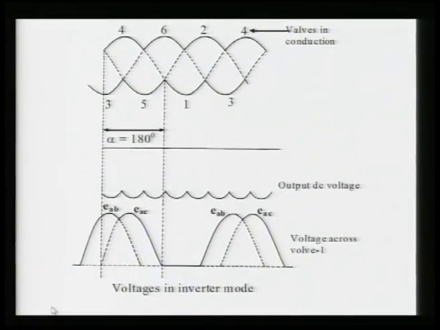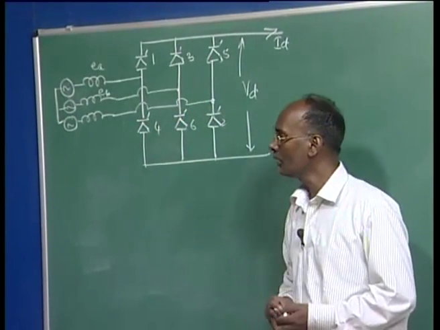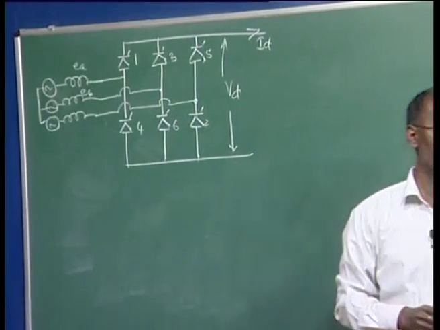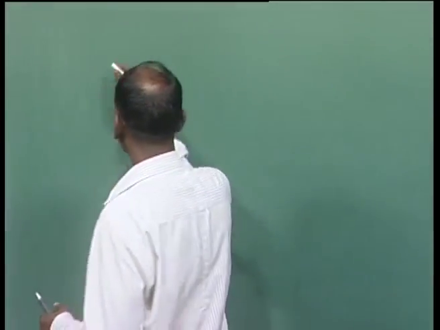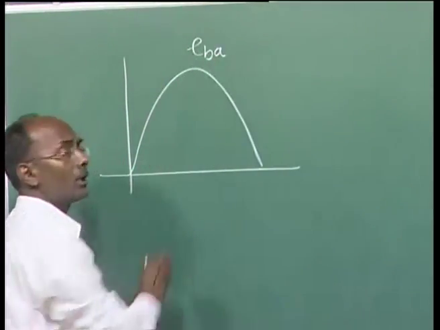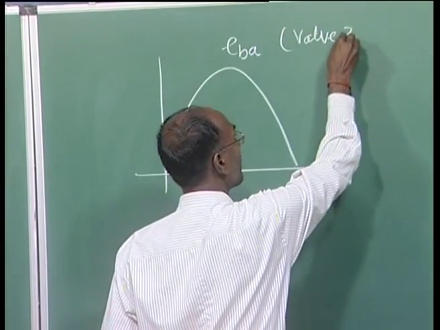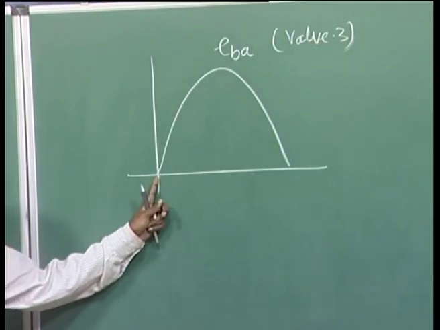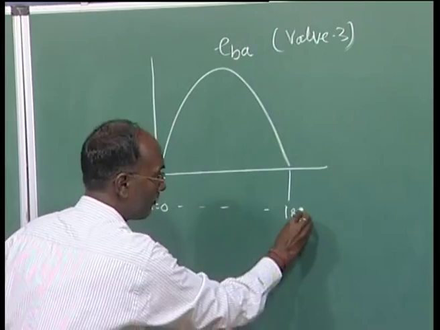To know the inverter operation, again the circuit which I have shown here is the 6 pulse bridge rectifier circuit with the numbering of the valves 1, 3, 5 and 4, 6, 2, we have the 2 groups. Now, in the inverter operation, what we do is delay the firing angle. As I said, the commutation voltage of valve 3 is your EBA. Here valve 3 means this valve will be fired if the gate pulse is available. From here alpha is 0 and we can go up to here, alpha is 180 degree.